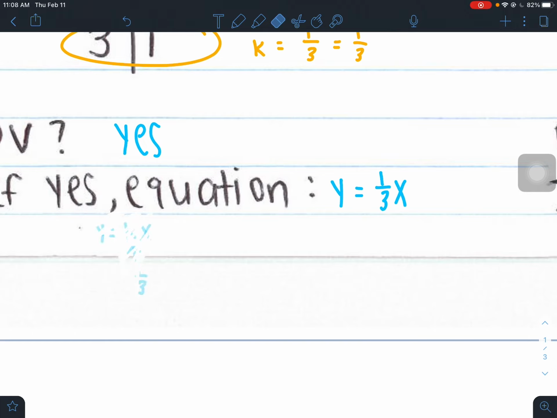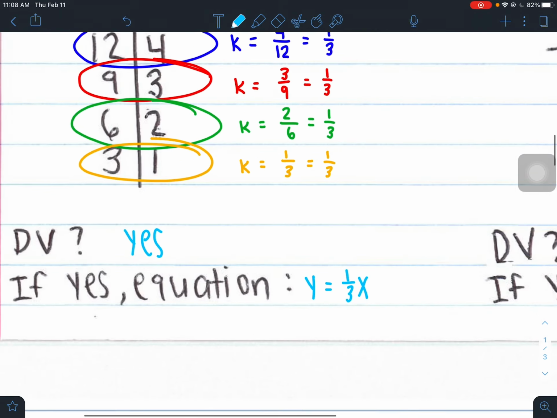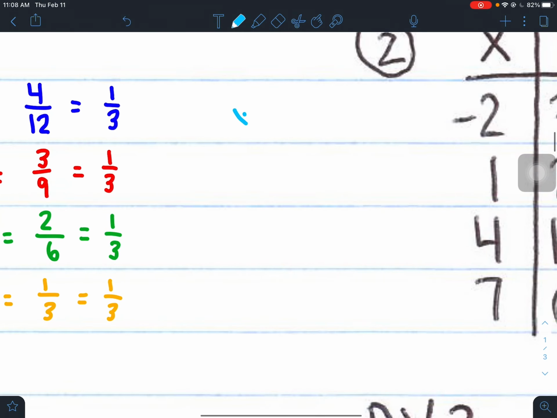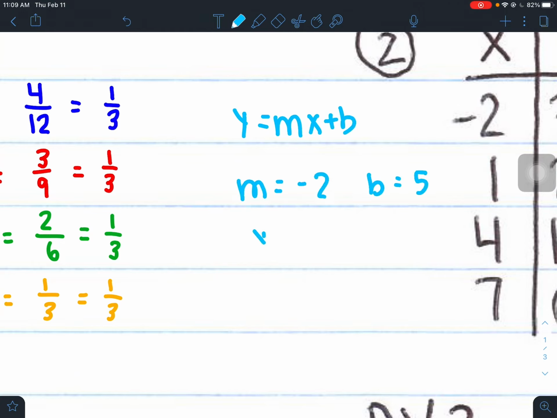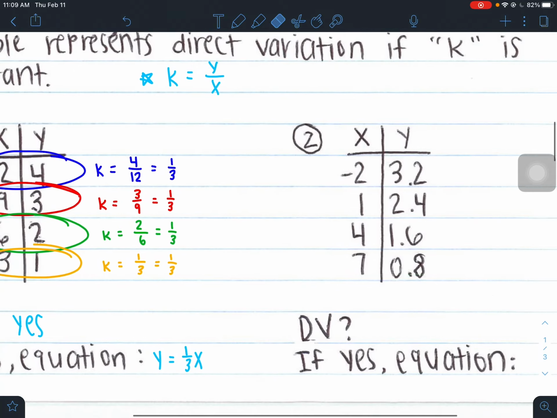Now, remember, in your equation, what two variables should you have left over? A y and an x. And we do. There's a y here and there's an x here. And you should always have a y and an x in your equation that you write. All you're doing is you're solving for that k and you're plugging it in. Kind of like if I gave you y equals mx plus b. I told you the m is -2 and the b is +5. Then you would just plug in y equals -2x plus 5. So basically you're solving for the k value, and once you find that k value, you can just plug it